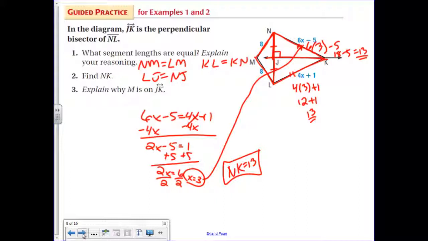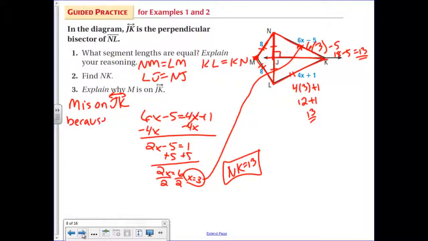And lastly, number 3, explain why M is on JK. Why will M lie on that line? How do we know? Watch this. Why does M lie on this line? Plain and simple, because this part is equal to that part. So we say M is on JK